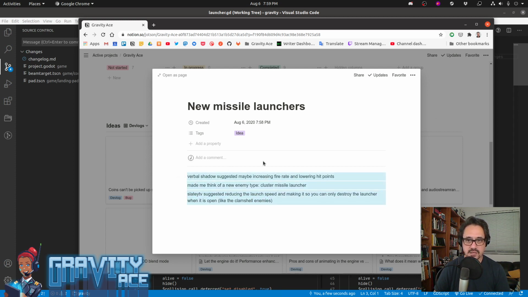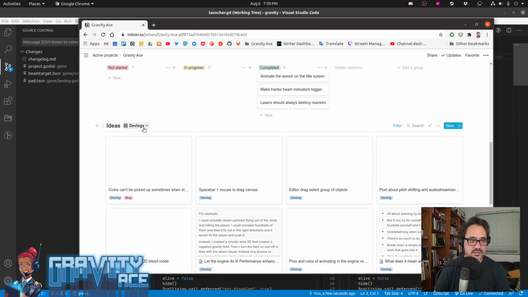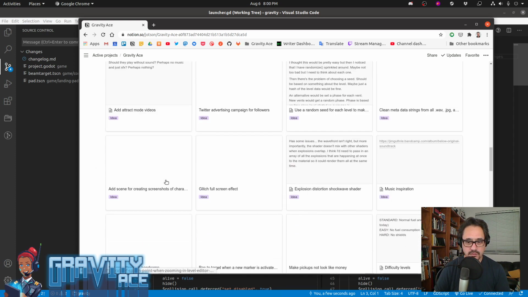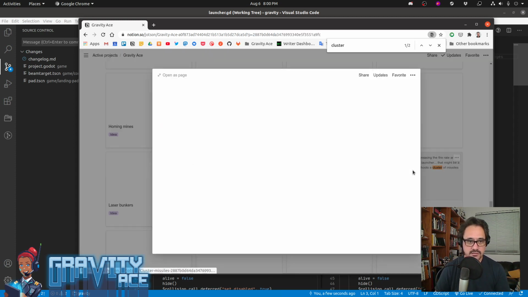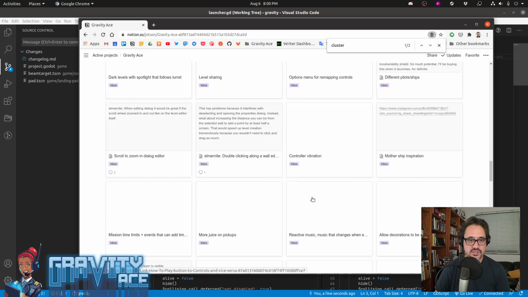See, this is me again being a doof. It's because I made it an idea. Delete. And this is only showing devlogs. I want everything. See all these ideas? All right. This is just ideas